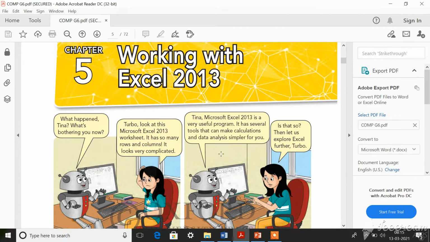This is a very well known application, and it is used by many people everywhere nowadays, especially for calculation purposes. It is one among the basic software that all computer users must know. So listen carefully. If you want to help anybody using this Excel application, you can. Even though you are small children, if you know this, you can help even your parents with calculation. So let's learn this application now.